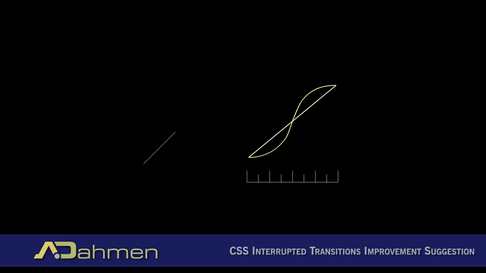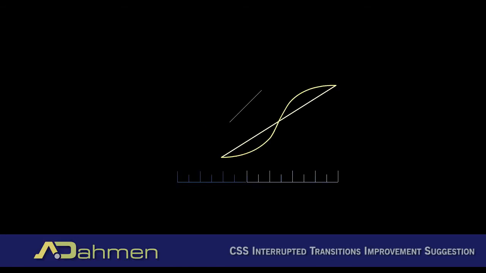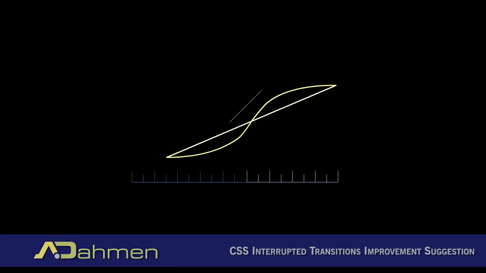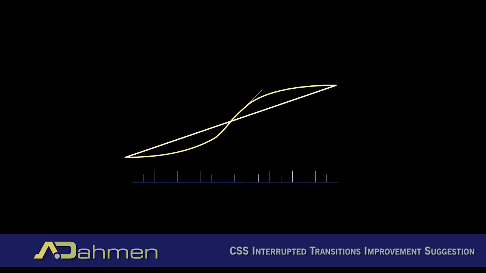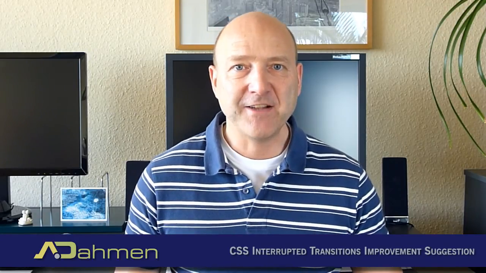We need to iterate through this calculation until we've found a hypothetical value and speed for the second adjoining transition that equals the current speed and value for the first, the interrupted transition. I've written a small piece of JavaScript code simulating the CSS transition suggestion, giving a proof of concept, and demonstrating a solution. It contains the algorithm I just mentioned. Let's have a look at it.